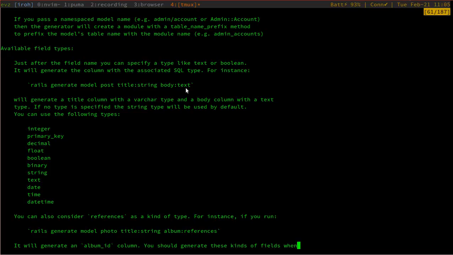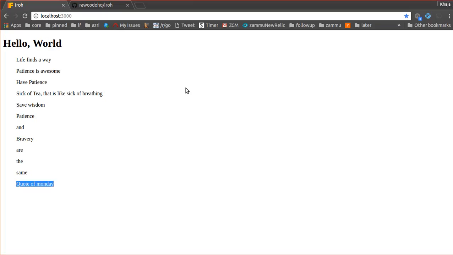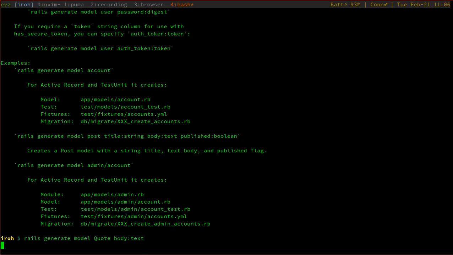So what we want is a code. Rails generate model, and we want a code which is going to have, if you remember from our earlier session, some text. I could name it body, which should be a text column. And that's it for now. So when we run this,